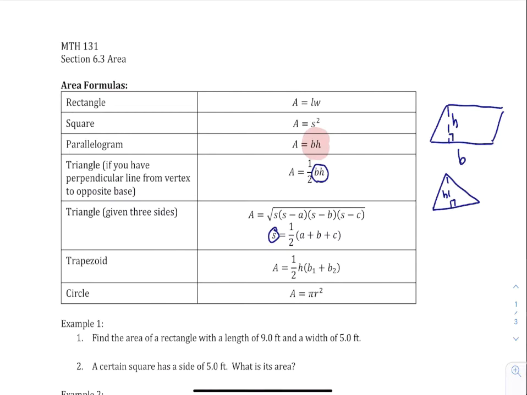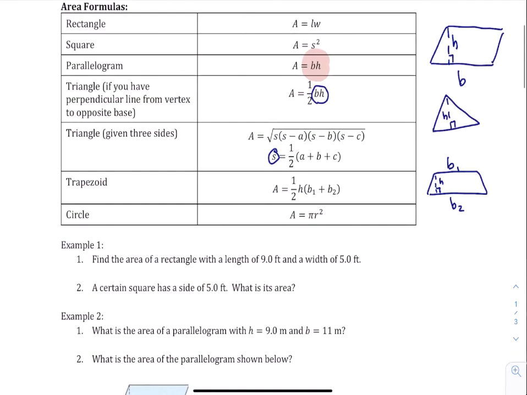Then in a trapezoid, you have your bases. These are the ones that are parallel, B1 and B2, and you need to know the perpendicular distance between them in order to do this formula. And then our circle, pi r squared, you must have the radius, and you multiply that by 3.14 after you've squared the radius. So we can use these formulas to find the area of a rectangle with length 9 feet